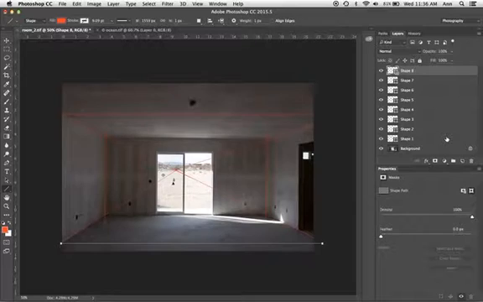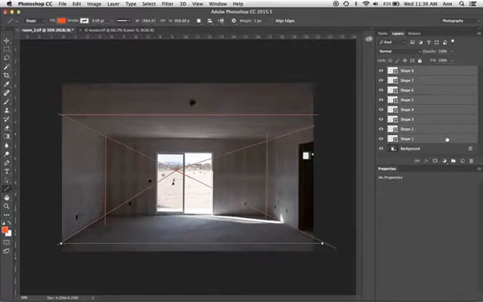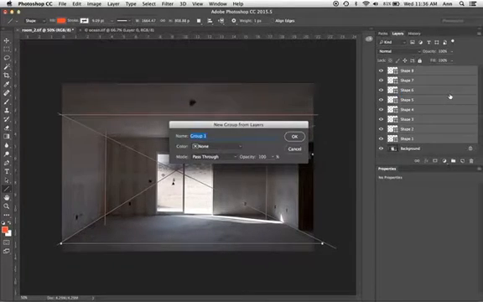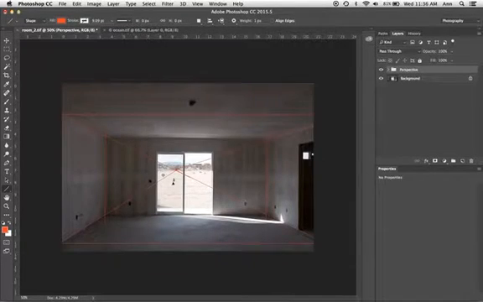Next, I'm going to go over to the Layers palette, and I am selecting all of those layers, and I'm going to put them into a group and call them Perspective. And these lines are dark enough, wide enough. If I needed them to be more intense, I could just duplicate that layer or that group.